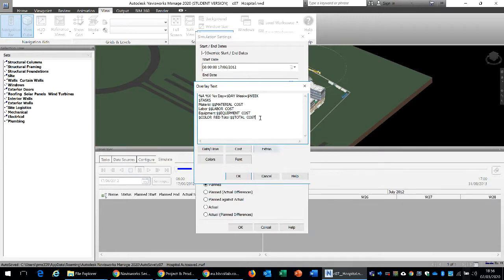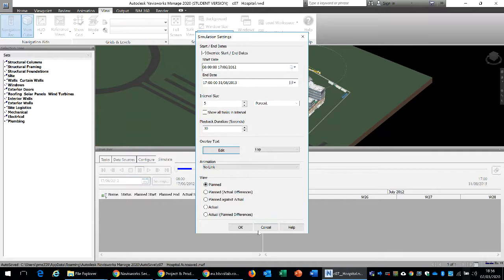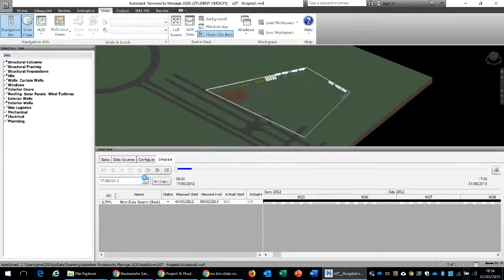So for instance, if I want to add some additional information I want to preview while I'm running the simulation, I could go here and insert a new line, and then I want to see, for instance, the number of days since the start. Then I can specify the color. Maybe I want to preview this information in green color, right? So we would specify how we want to view the simulation, and once it is done, then we can